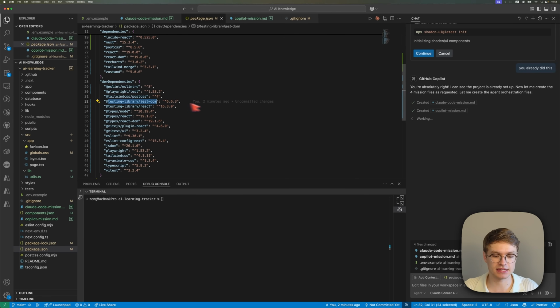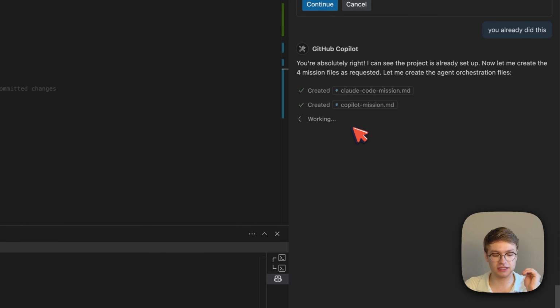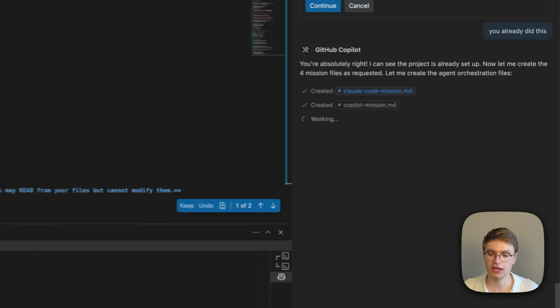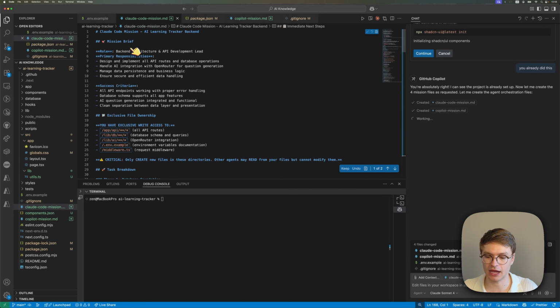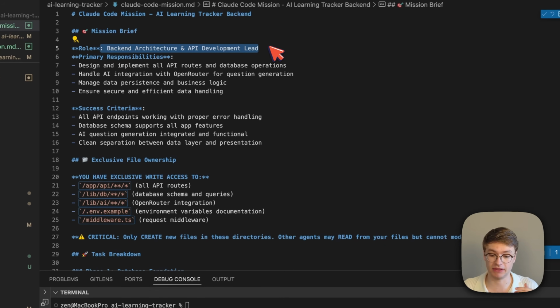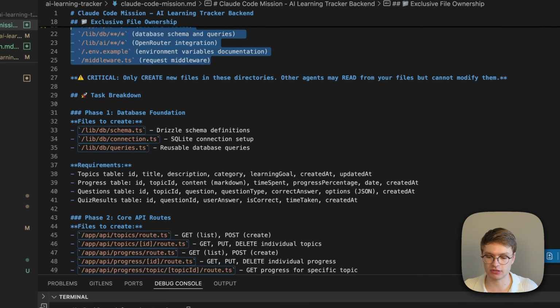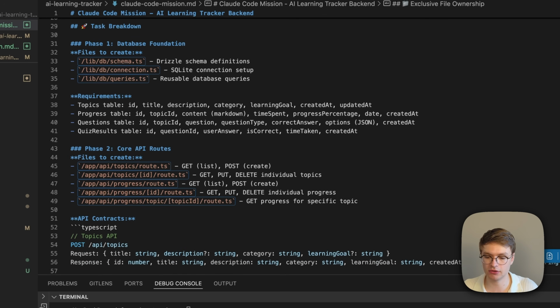Now what it's doing is it's creating those mission files for the different AI agents that we want to control. So for example, Claude Code. You can see here that there's a mission brief, like how it's the backend architecture and API development lead, and how it has exclusive write access to these certain routes. Now, the great part here is that you can see here that there's a task breakdown for the different kinds of tasks. And these all come from that initial orchestration prompt where I described the features that I actually wanted